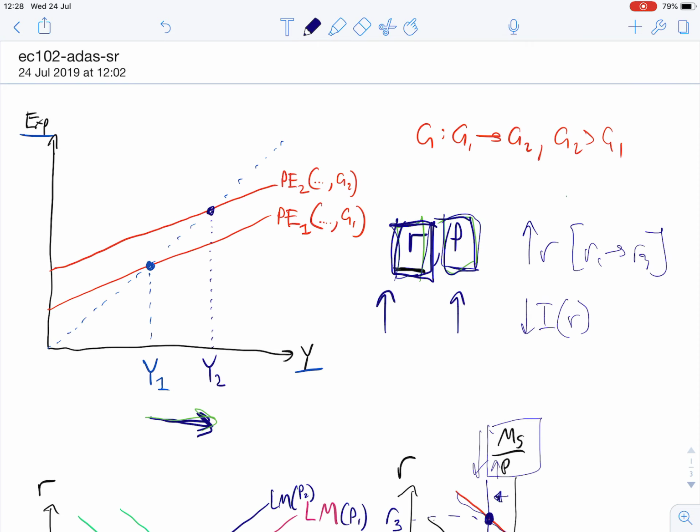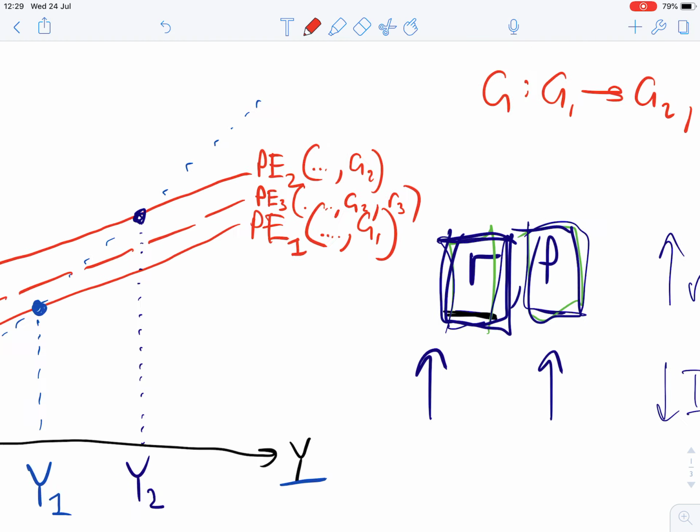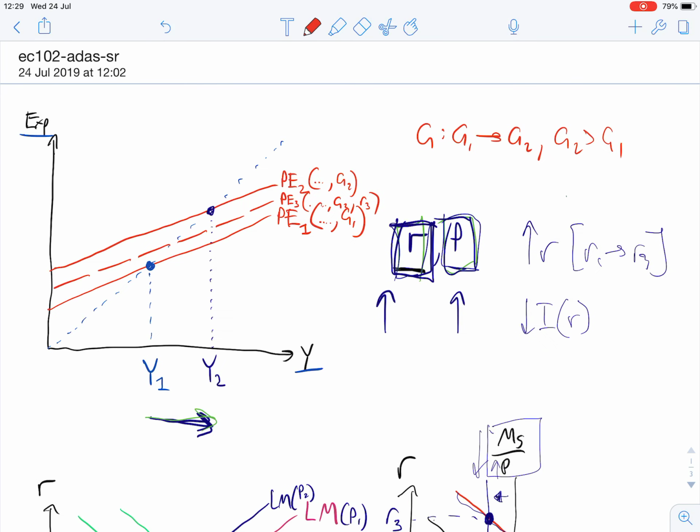So we have a shift downward in planned expenditure. I'm going to draw it as dashed so that we can recognize the difference. We now have planned expenditure 3, which is a function of G2, R3. And just to finish this analysis, we can show that the equilibrium in the Keynesian cross model also